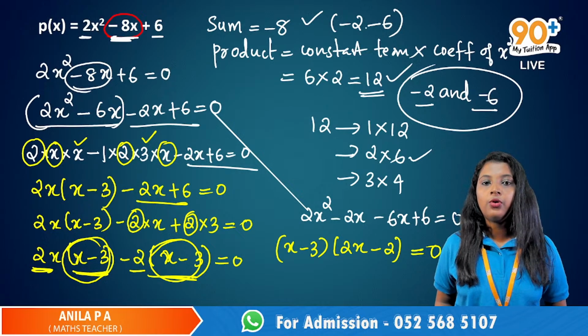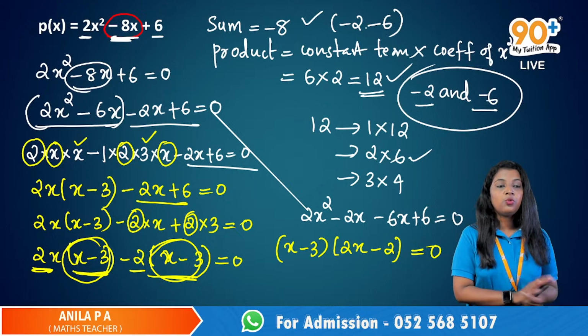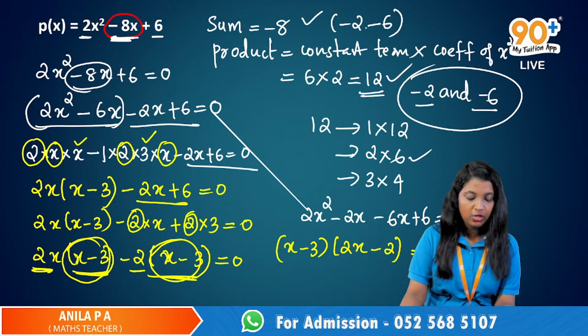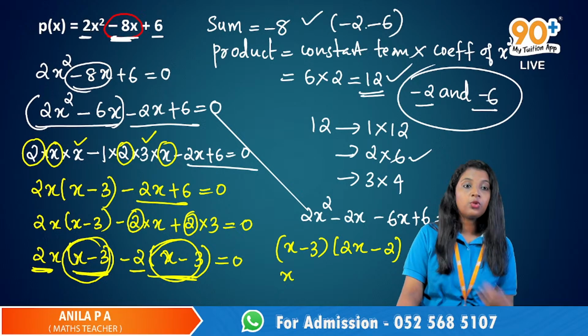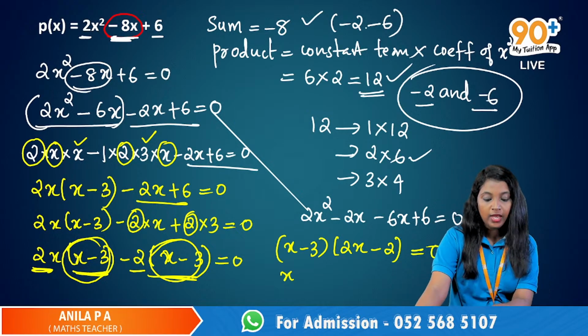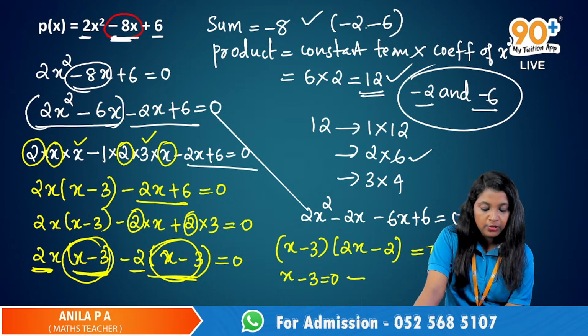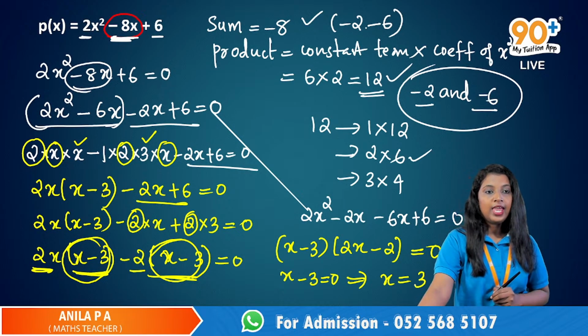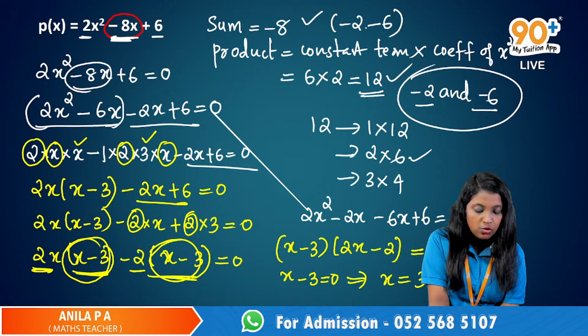Okay, fine. So here x minus 3 and 2x minus 2, both of them are equal to 0. We can equate them separately to 0. So x minus 3 equal to 0 will imply that we can equate both these factors to 0. If x minus 3 is equal to 0, x will be equal to 3. And 2x minus 2 equal to 0 will imply that